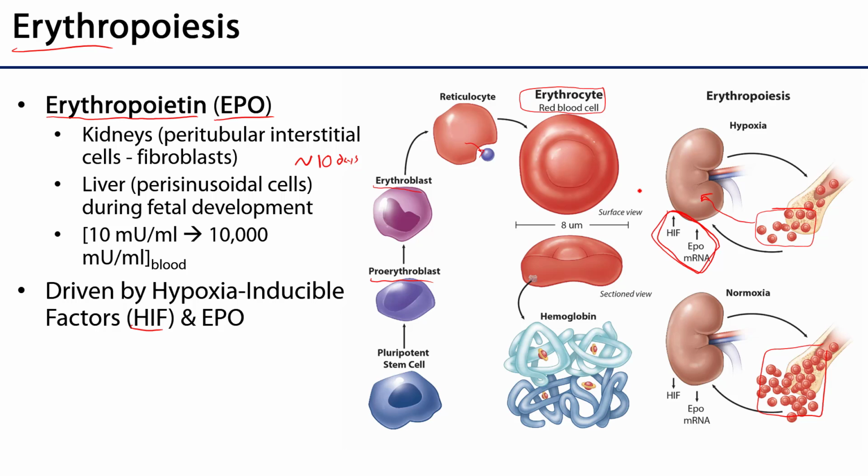It's really interesting, in a hypoxic environment, the level of EPO can shoot up several orders of magnitude. So it can go from 10 milliunits per milliliter to 10,000 milliunits per milliliter of blood. So that's a very quick change, but that total process does take about 10 days. So if you're planning on hopping on a flight from Ann Arbor, Michigan to Denver, Colorado to participate in a marathon or hike some of the 14K peaks, you probably want to give yourself maybe about 2 weeks to acclimate if you really want to be at the top of your game.